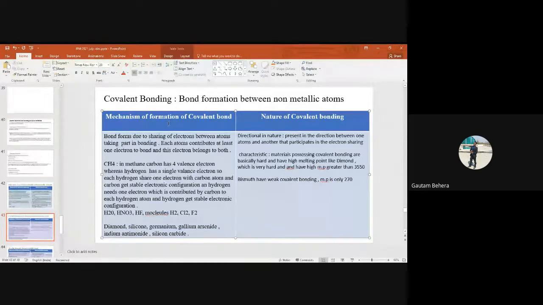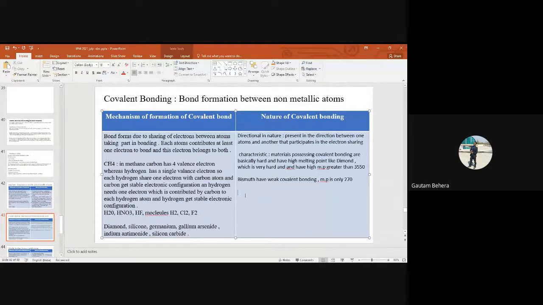So, mechanism of formation of this covalent bond. The bond is formed due to sharing of electrons. Here the electrons will be getting shared. But in case of ionic bond, the metallic atoms give electrons to the non-metallic atoms and non-metallic atoms will gain electrons. Losing and gaining is happening to acquire stable electronic configuration. But here, to attain stable electronic configuration, they need to share the electrons. The electrons will get shared between the atoms, right? So here I have written, each atom contributes at least one electron to the bond, and this electron belongs to both,